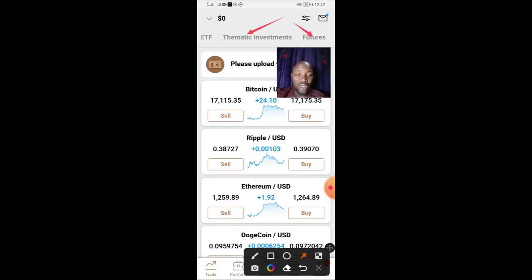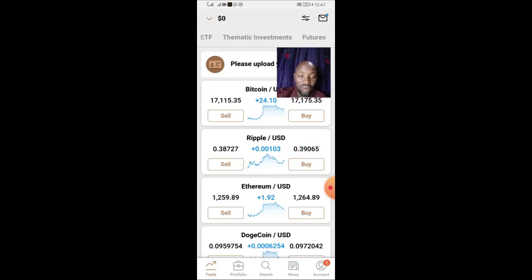Futures trading is also available on most of the crypto exchanges that we have around the world. So these are, you see, when you look at capital.com, this app is called capital.com, you discover that it is way more advanced than the IC Market. So if I were to advise,